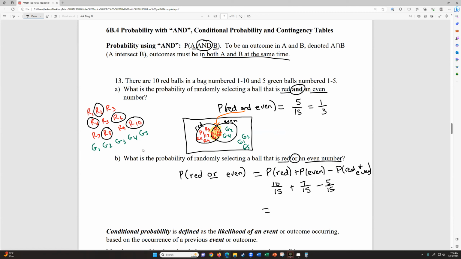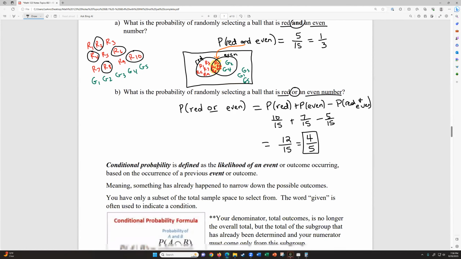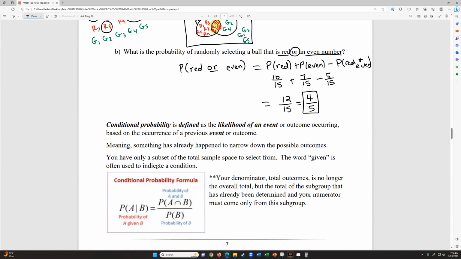So then when we work this out, that's 17 minus 5, so that would be 12/15. If we reduce that down to a lowest fraction, divide both by 3, that would be 4/5. So 4/5. All right. Now we're moving on to, so that's the and problems. You're just looking for that overlap, and then we just threw the or in there just to make sure we're